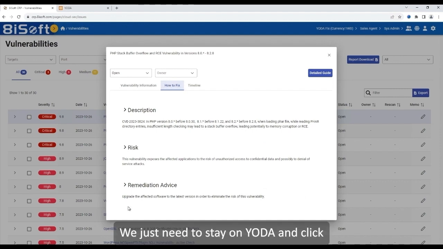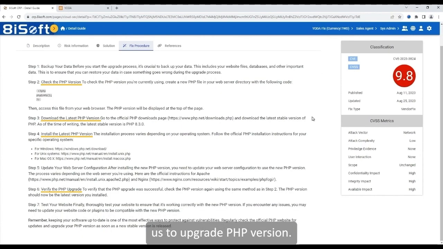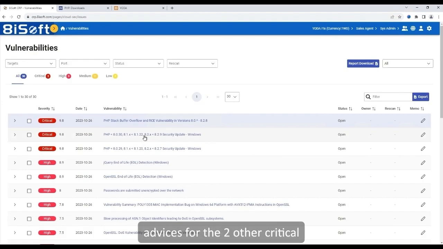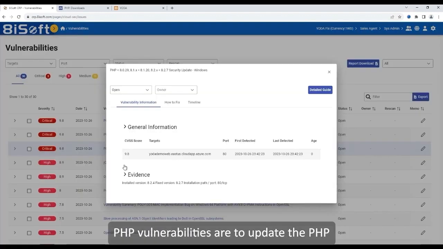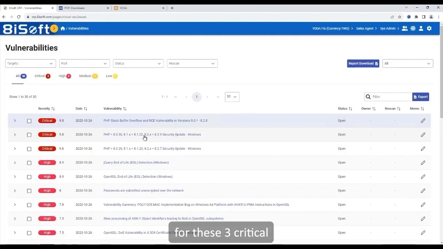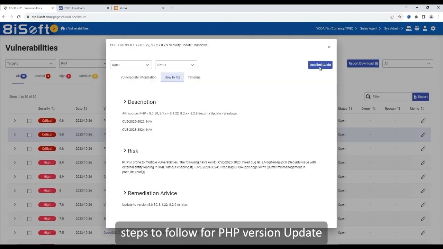No worries, we just need to stay on Yoda and click Detailed Guide to find the solution steps. The solution basically tells us to upgrade the PHP version. Yoda's remediation advice for the 2 other critical PHP vulnerabilities is to update the PHP versions as well. Collectively, for these 3 critical vulnerabilities, we'll simply have to pick one of the solution steps to follow for